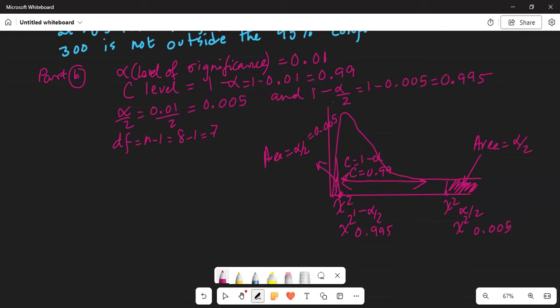Okay. So chi-square 0.995 is the lower critical value, with 7 degrees of freedom, 0.989, and chi-square 0.005 with 7 degrees of freedom is 20.278. Again, draw a horizontal line through 7, a vertical line through 0.005. So chi-square alpha by 2 is this high value, and chi-square 1 minus alpha by 2 is this low value. So going back to the table, going back to the problem, blackboard, okay, we get chi-square